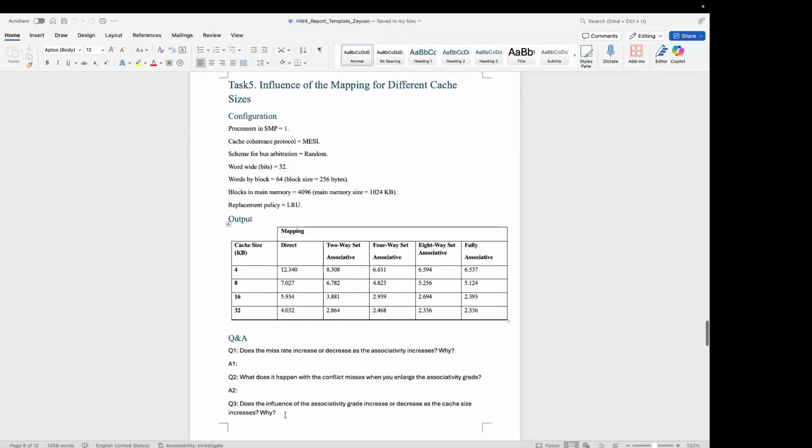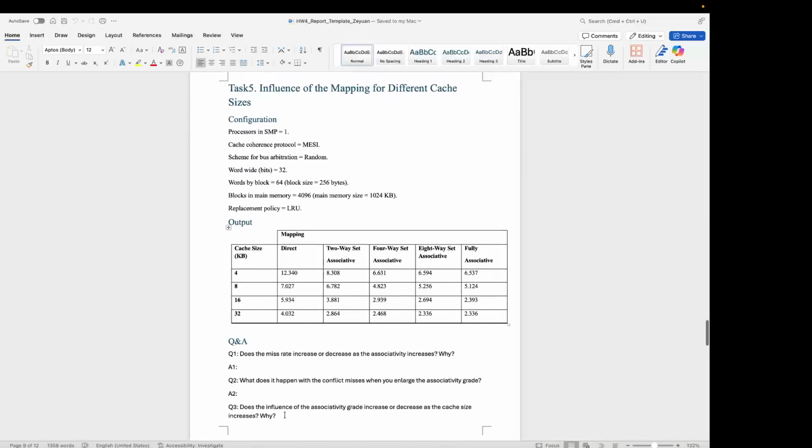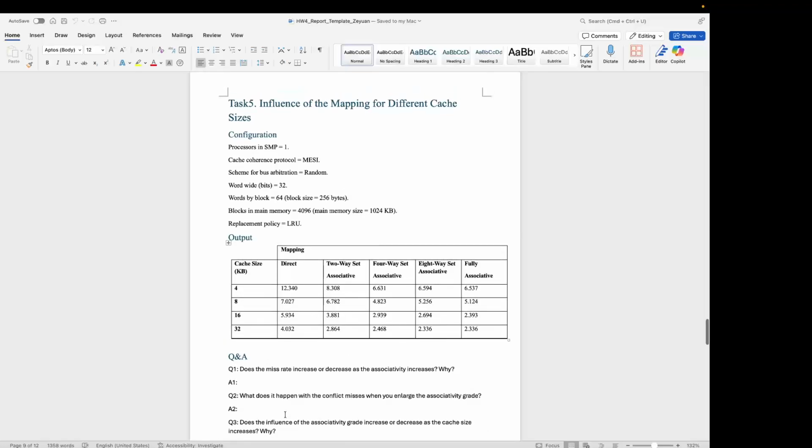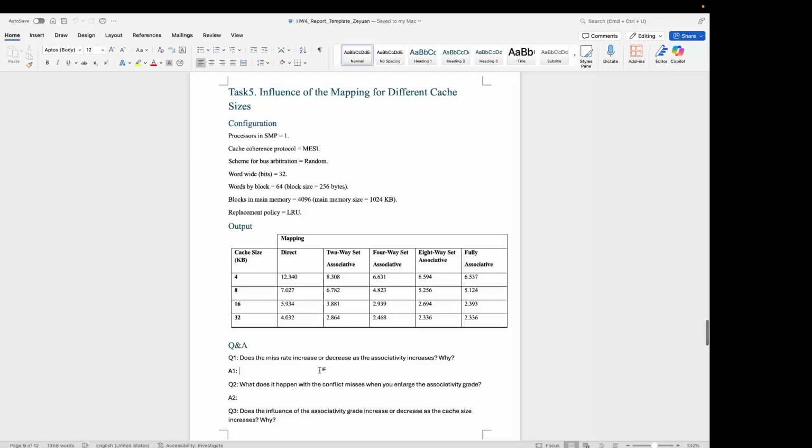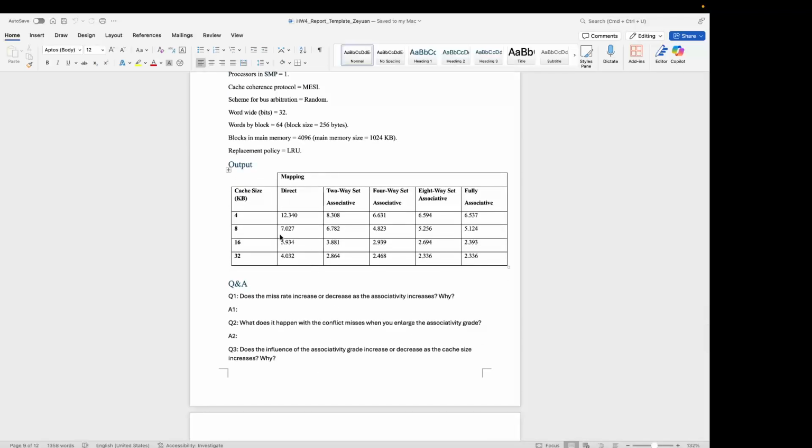And go to task 5. Here we will try to find how the mapping policies influence the miss rate. So the miss rate will decrease as the associativity increases. Yes, it is decreasing, and the conflict misses will decrease as the associativity